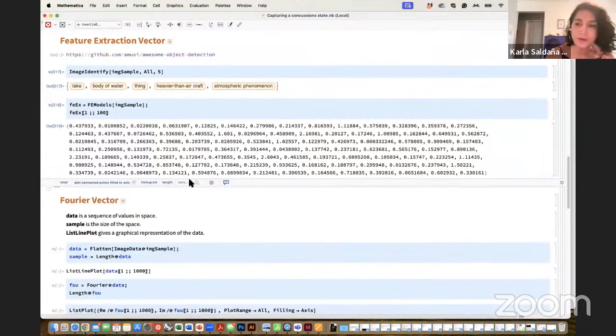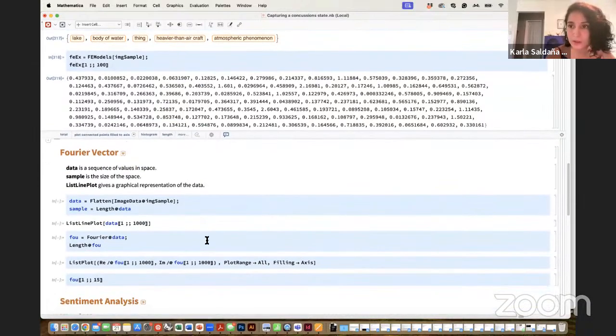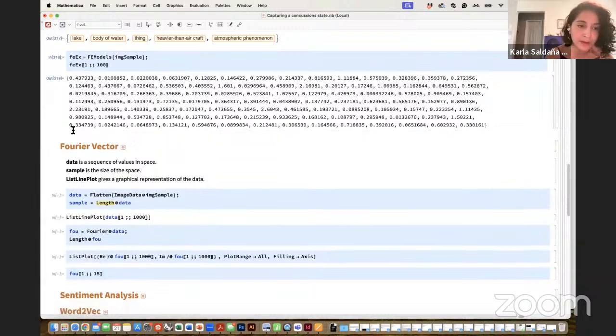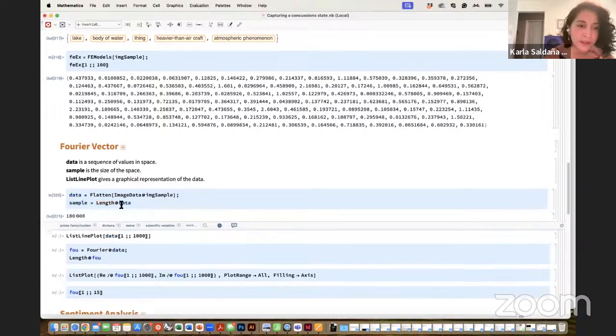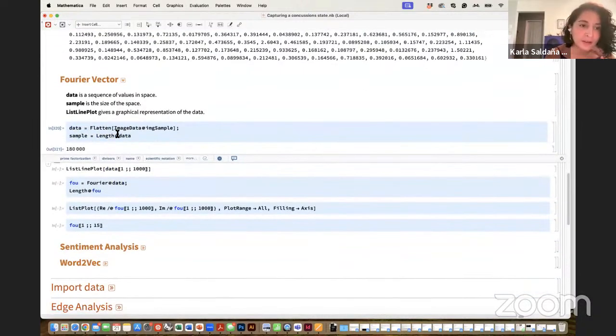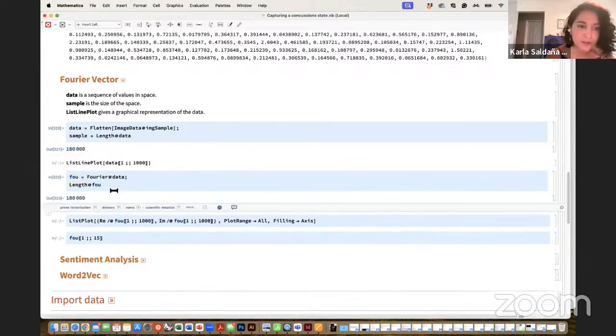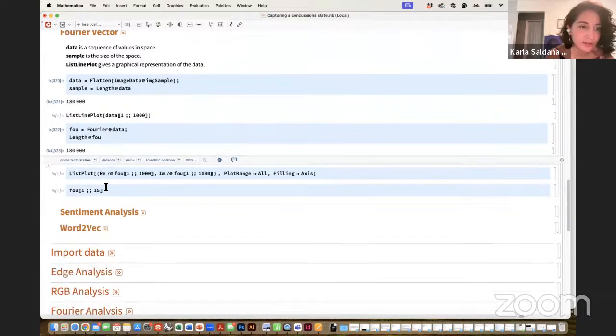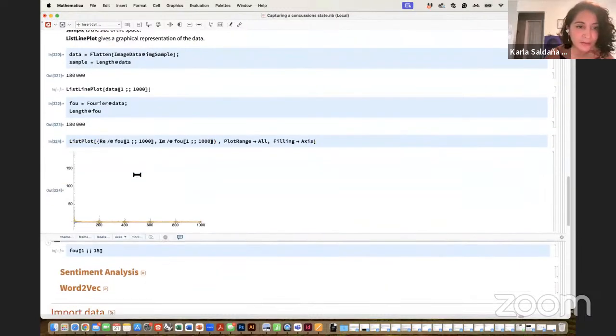There are other ways that we could extract features from images. In this case, we're going to use a method called Fourier transform. Here I looked at the image data and flattened it, which says that my image has 180,000 dimensions. I'm going to apply a Fourier transform to this data.